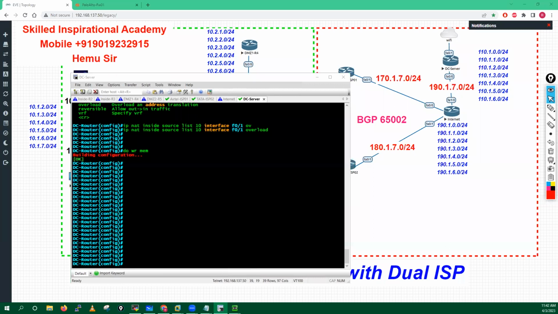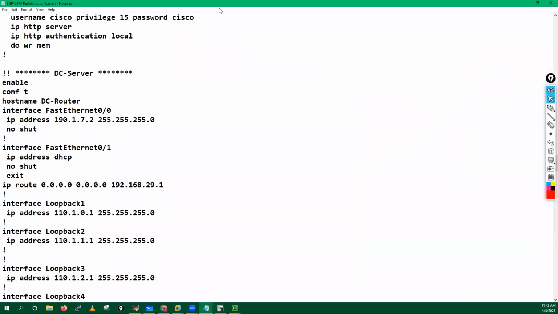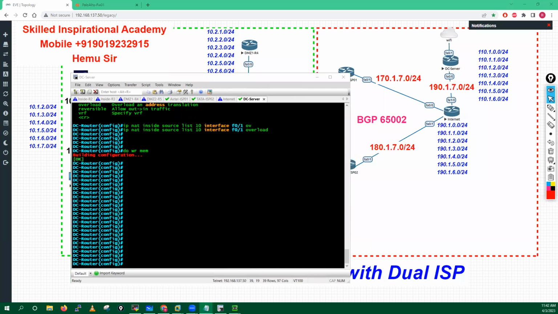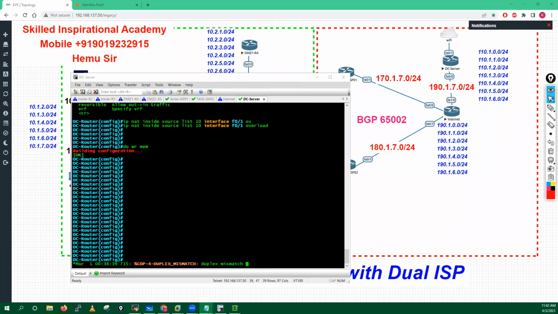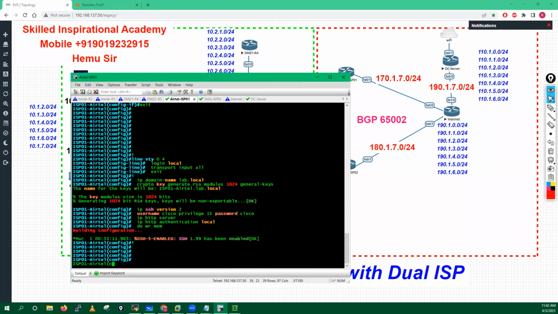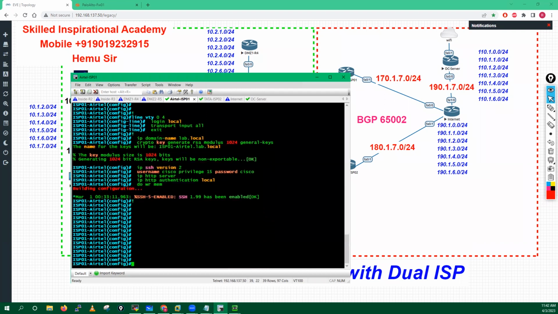Okay, now let me do the rest of the routing related configuration on these devices, which is your BGP configuration and other things. And how we will do that, I will do it one by one. That particular configuration I will start doing from my Airtel router, which is this one. So what you have to do on this router, you have to run this command: router